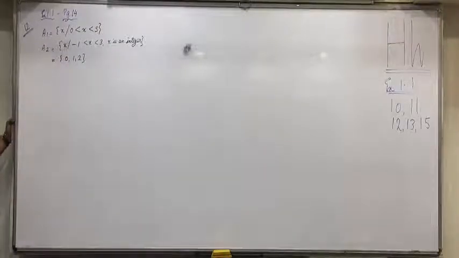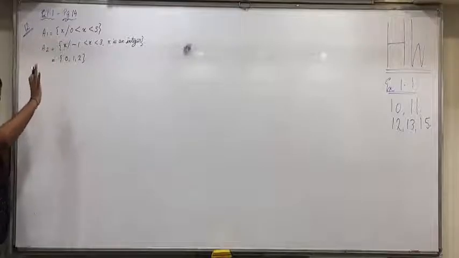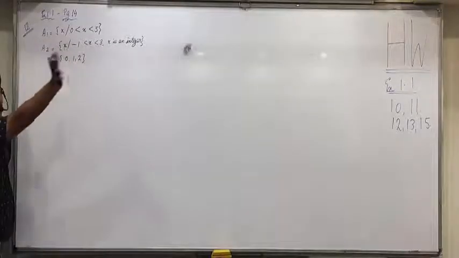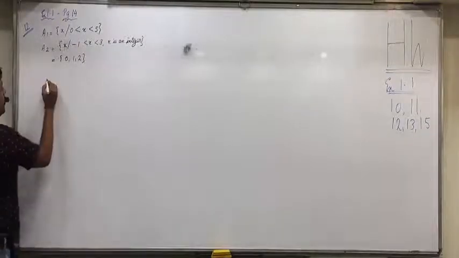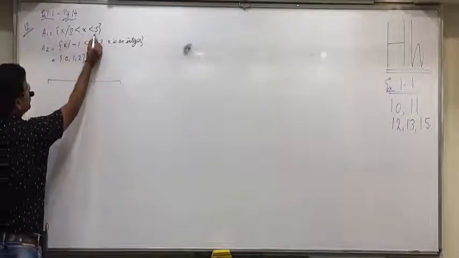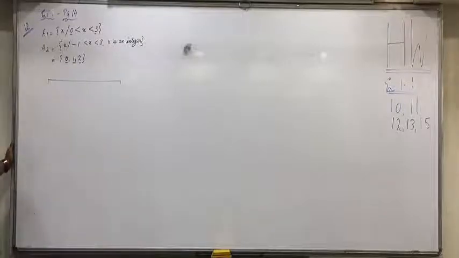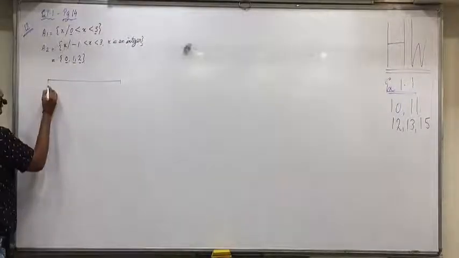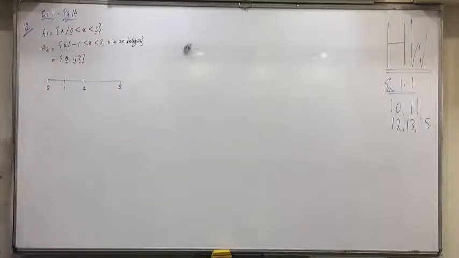Understood this, everyone? Now whenever such questions come, where at least one out of the two includes all the numbers between two numbers, like 0 to 5, then to solve it, always make a number line. Like here, if I make a number line, there are 0, 5, 0, 1 and 2. Write these numbers in ascending order, meaning 0, 1, 2, 5.